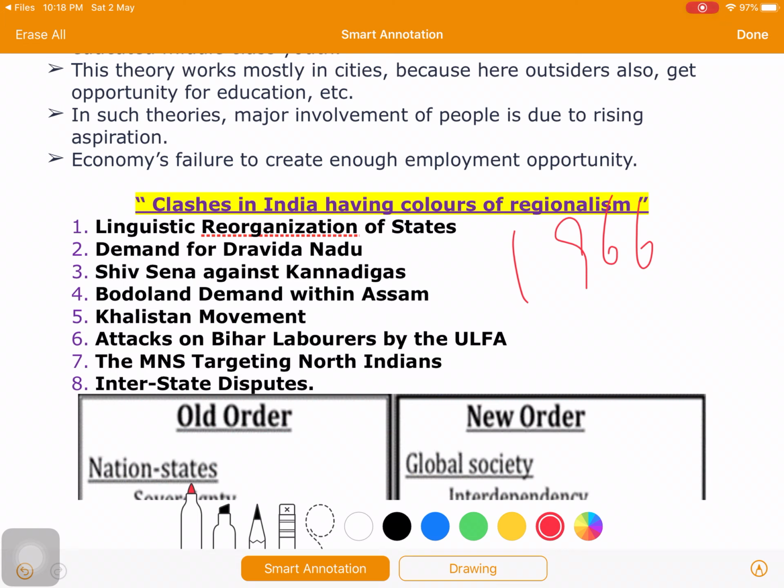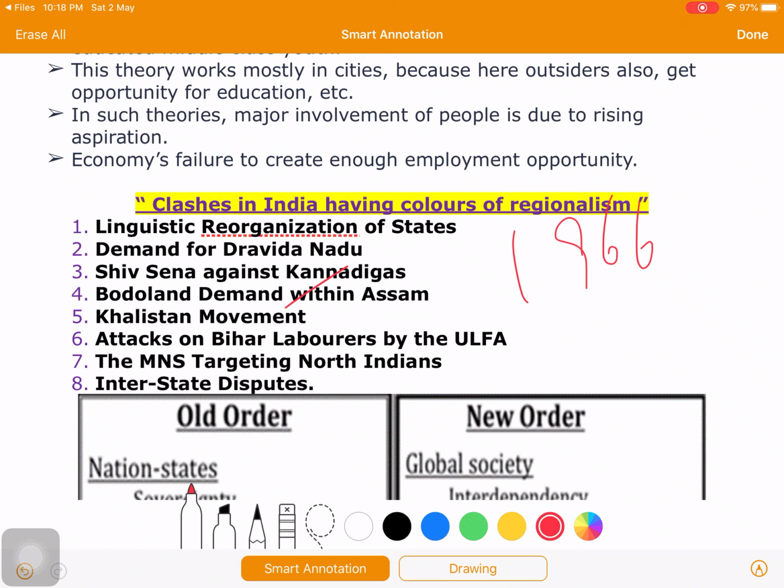And these frustrated young educated people got involved in this movement against the inflow of people from other countries at the border states. On the other hand, these unemployed youth are also attracted by the caste, communal and other sectional agitations fighting for the protection of rights at sectarian levels. So what the objective was when it was formed, and how it is taking its shape by the end of the day, that is what we can come across in this Bodoland demand with Assam.